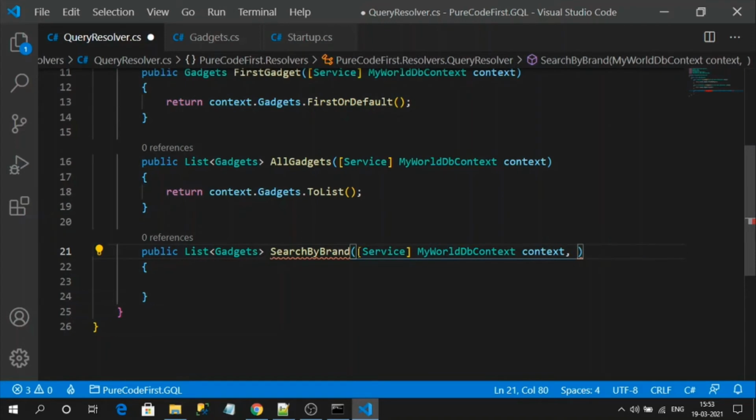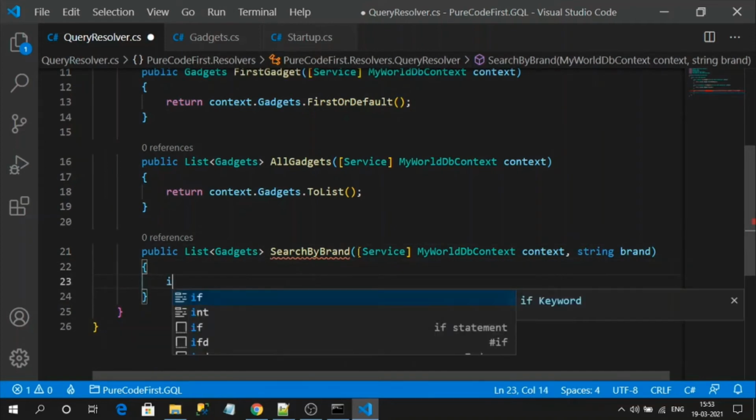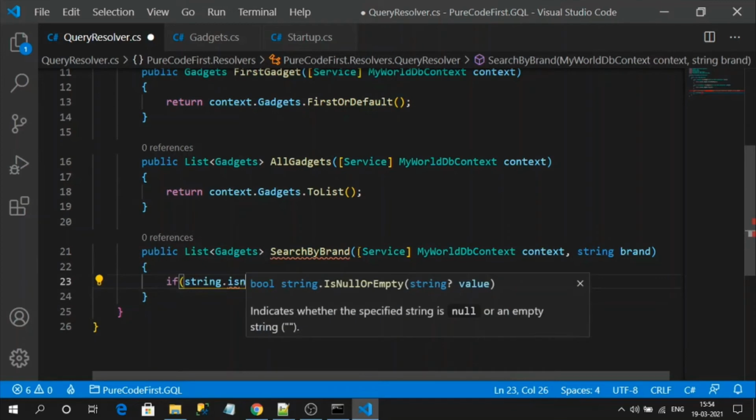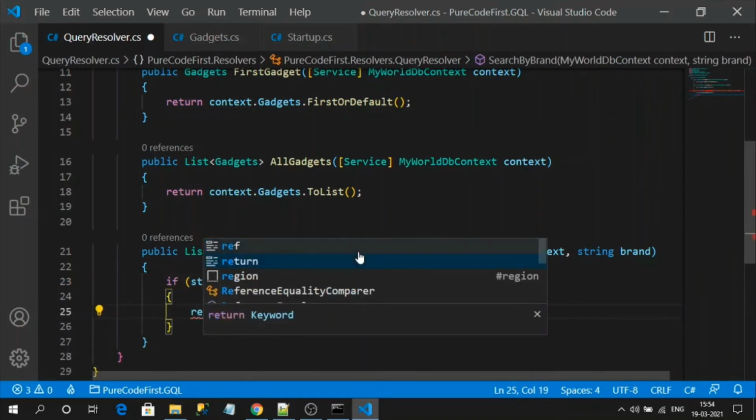So here I need to create one query parameter like string brand. I want to search my database by brand name. If the string is null or empty, in that case I will simply return an empty collection as the result.